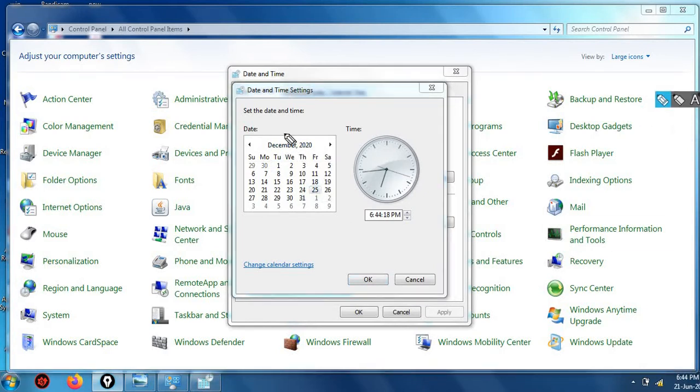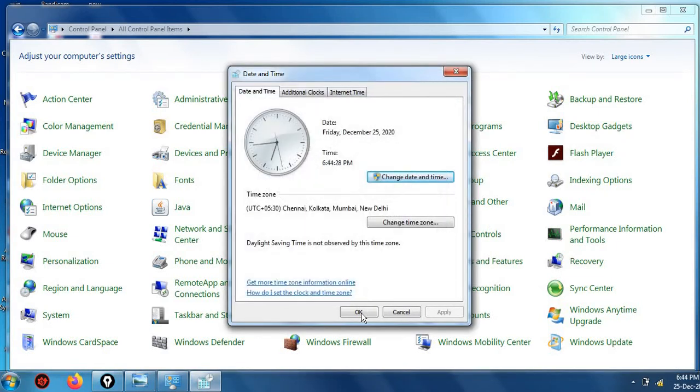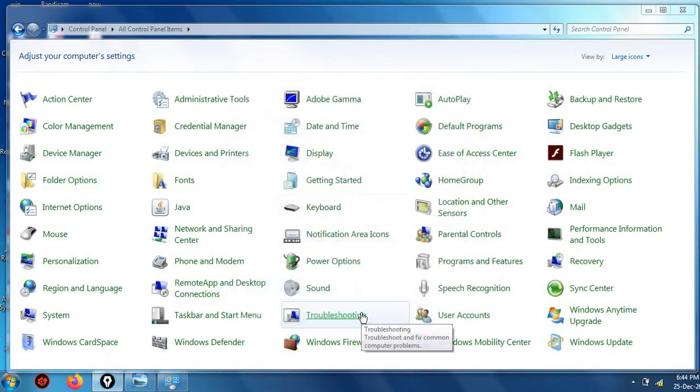You can see here it is December 2020 and the date is 25, right? Now I am setting it. I will click on OK and then OK. Now here in the bottom right corner, you can see the date today, 25 December, is written, right? So like this you can change.